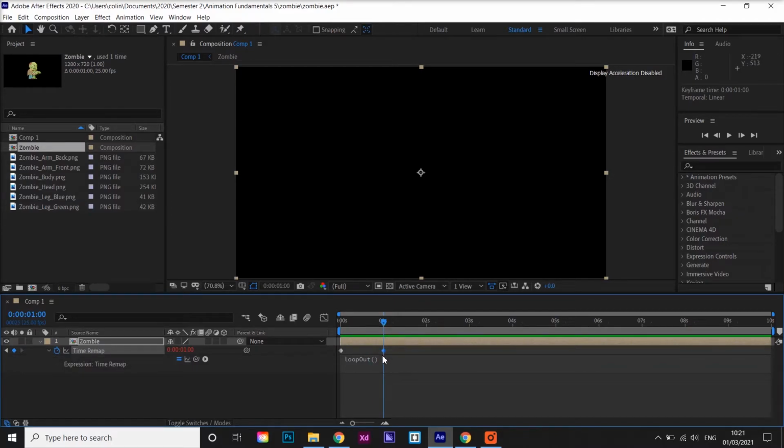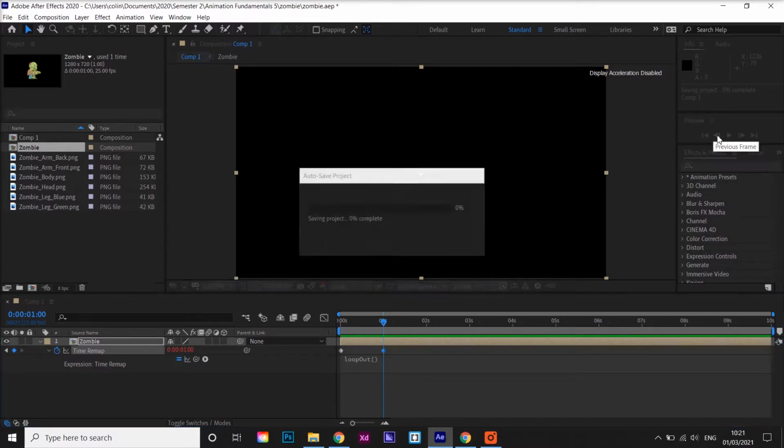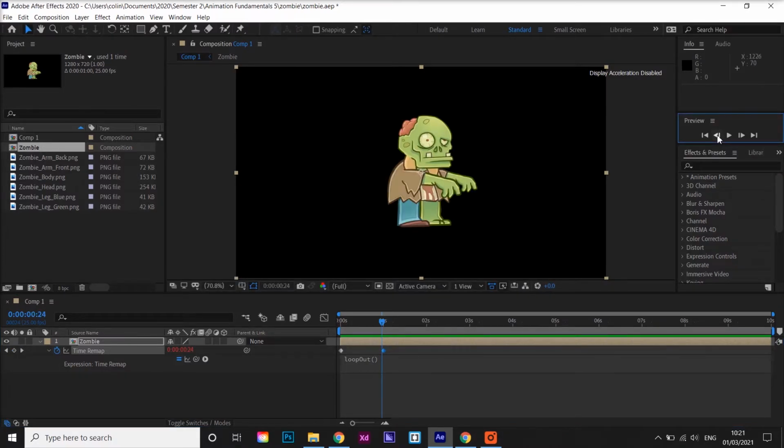So what's happening is it's actually playing this last frame here, which is blank, before it loops back to the beginning of the animation. So what we're going to do is, using the preview tools up here, I'm going to click this one to go to the previous frame. Okay, so it goes one frame previous to the current one, and I'm going to add a keyframe in there,